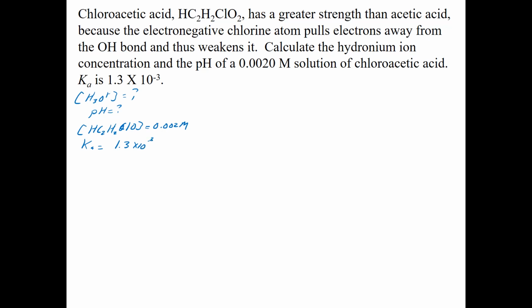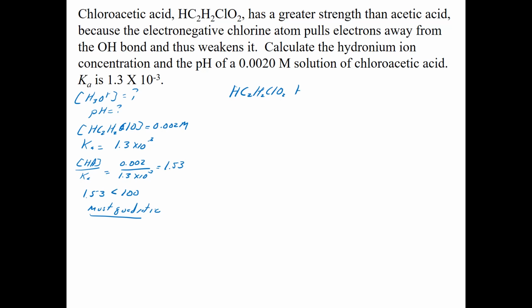If I do the same calculation of HA divided by Ka, I get 0.002 divided by 1.3 times 10 to the minus 3, and I get 1.53. So 1.53 is definitely less than 100, so I must use the quadratic. If I don't use the quadratic, you're going to get the wrong answer. Okay, same process. I'm going to write out my formula,